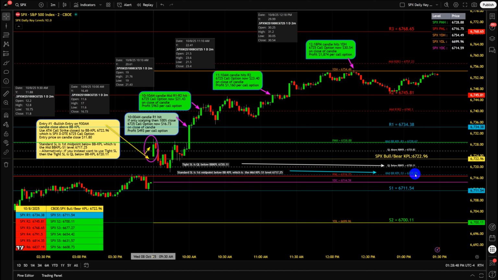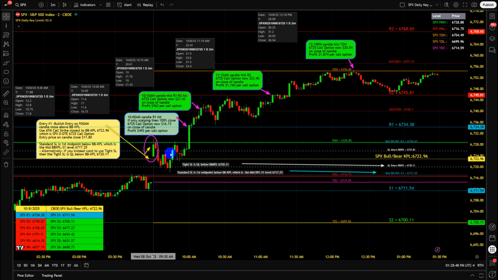However, there are a lot of people, because of the risk profile, that wish to use tighter stop losses. So if you are inclined to use a tighter stop loss instead of the standard, then you simply pick the QL level below, on a bullish trade, the QL level below the level you're trading from. In this case, that is QL below BBKPL, 67.2011. As you can see here, if you did pick the tight SL, you were stopped out on this trade here,